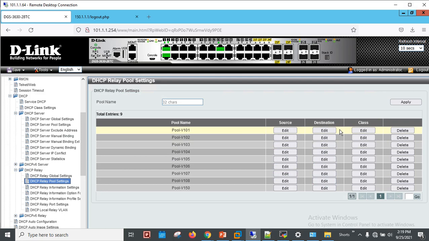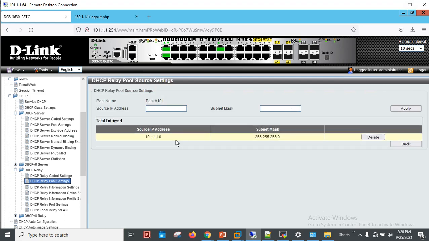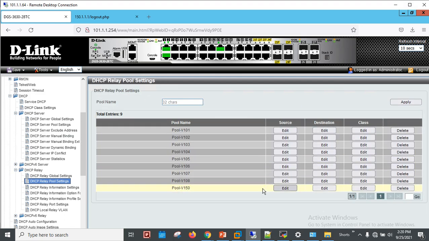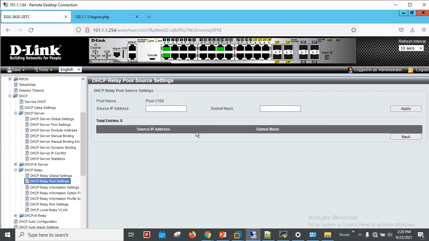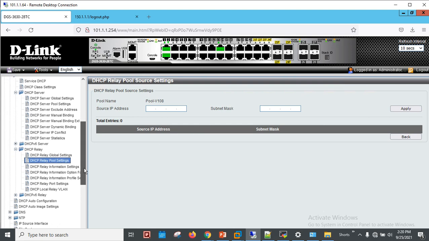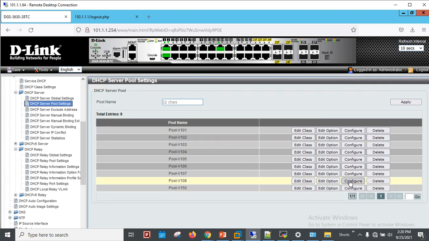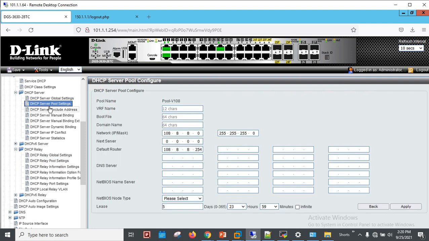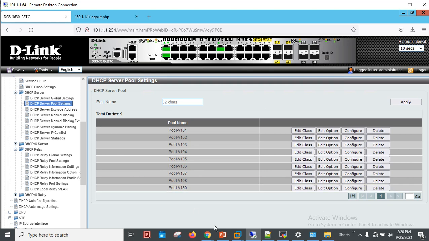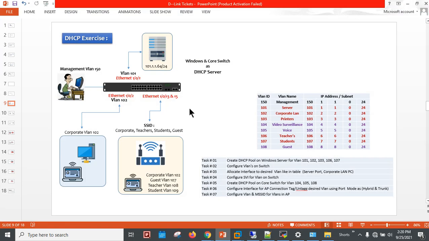So if I show you here VLAN 1, as you can see, there is a source, and for VLAN 108 I didn't define any kind of source because this pool is issuing the IP address from the pool which is defined under the switch. As I can show you here, it is issuing the IP address. So this is the combined exercise, in case we are using Microsoft Windows Server as a DHCP and also the core switch as a DHCP combinedly in our network. So you can follow the same exercise in your